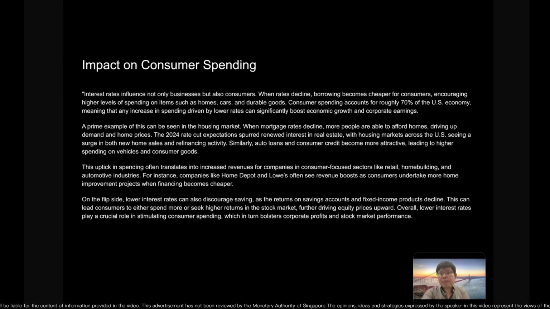Some of the other examples I also put is, when the interest rate is lower, people may want to do more renovations. When interest is high, for example, a normal household buys a house that's 1 million. When the interest is low, my monthly repayment may be 4,000, 5,000. But when the interest is high, my monthly repayment goes up to 8, 9,000. Because I have to pay so much on the loan, I wouldn't have the mood to renovate my house so much.